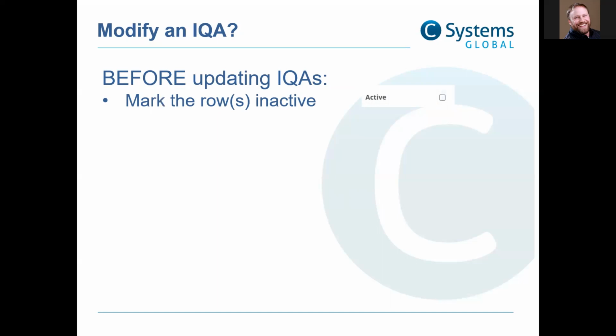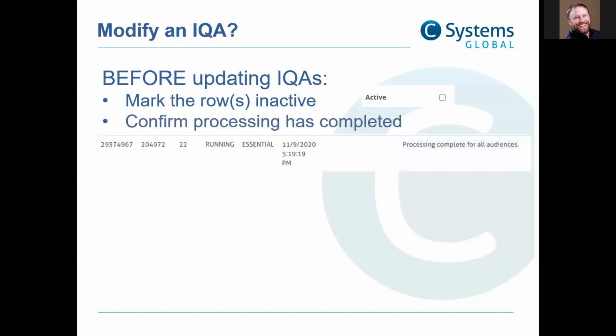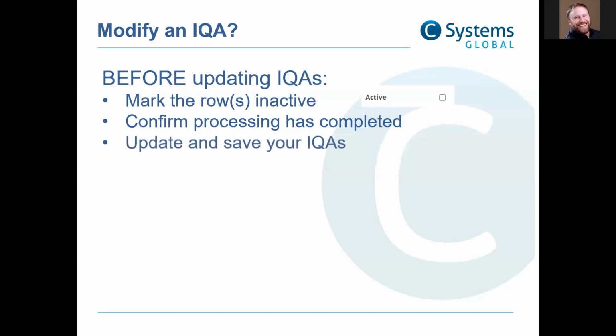Remember, if it's a merged data IQA, you may need to inactivate multiple lists. Confirm in the Azure log at mailchimp.csystemsglobal.com that the audience is no longer synchronizing. Look for that message that indicates that the process for the audience is complete or that all audiences are complete. At this point, you can update your query or queries. Don't forget to save those changes in your IQAs,